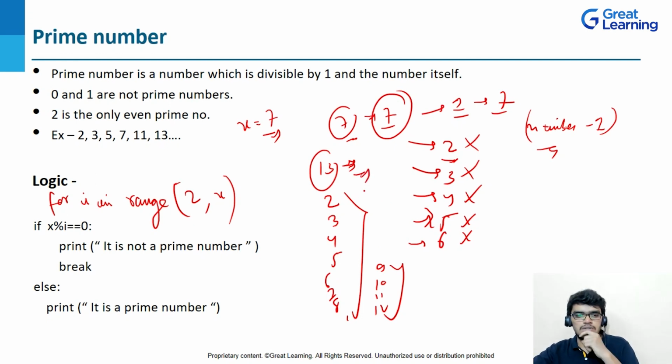So what's the logic? I have just created this for loop, and the basic logic is, let's suppose x is equal to 13. So what will happen here? It will check the number. My x is 13 here, and it will check 13 modulus 2. Is it divisible? No, it's not divisible. Then once again it will check 13 modulus 3. Am I getting 0? No. Then it will check for the values i equal to 4, 5, 6, 7, 8, 9, and up to 12 it will go, right? Because if x is equal to 13, we know that 13 will be excluded. It will go up to 12. So this is the basic logic.